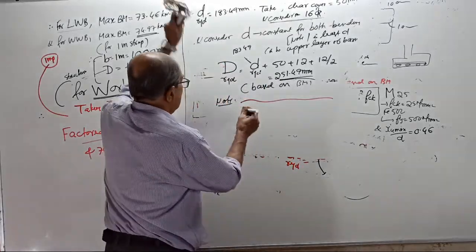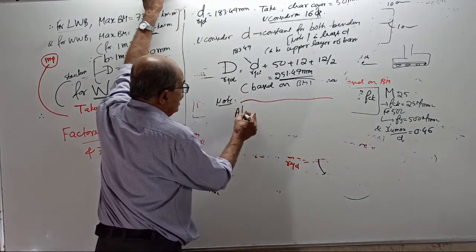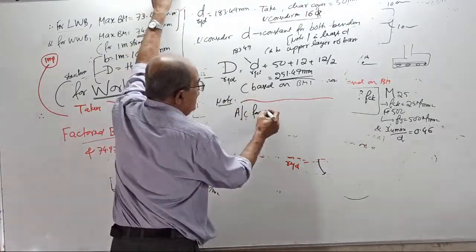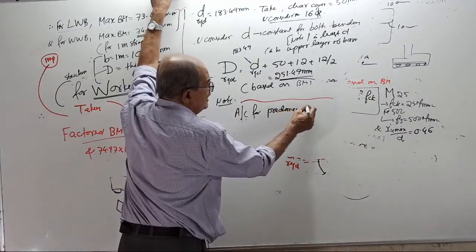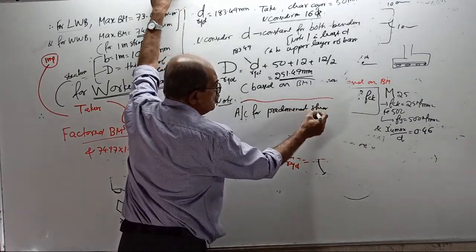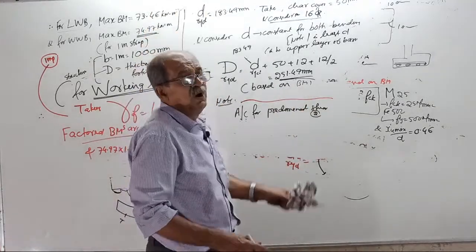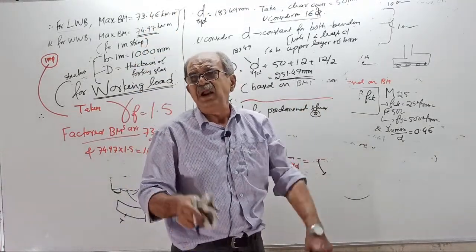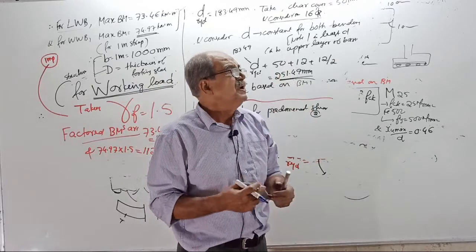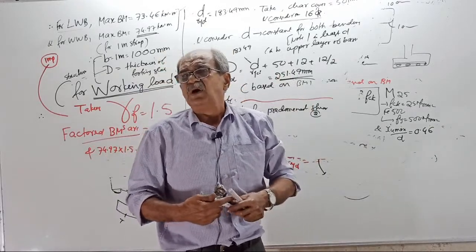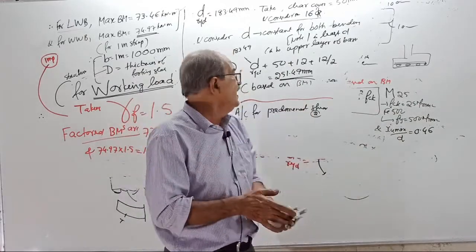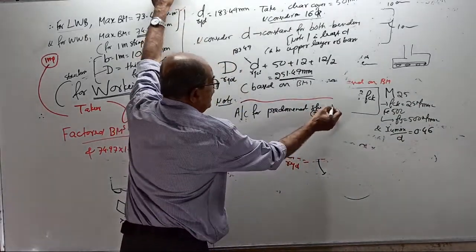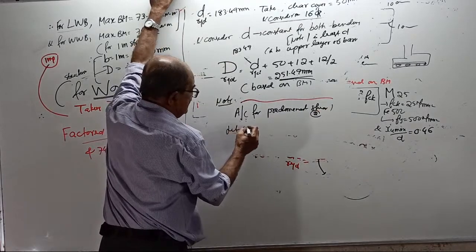Therefore, accounting for high predominant shearing effect, predominant shear, which shear? Two types of shears are there. Both of them are equally troublemakers. Remember, punching shear and one-way shear, both are equally destructive. Therefore, accounting for predominant shear, let us increase